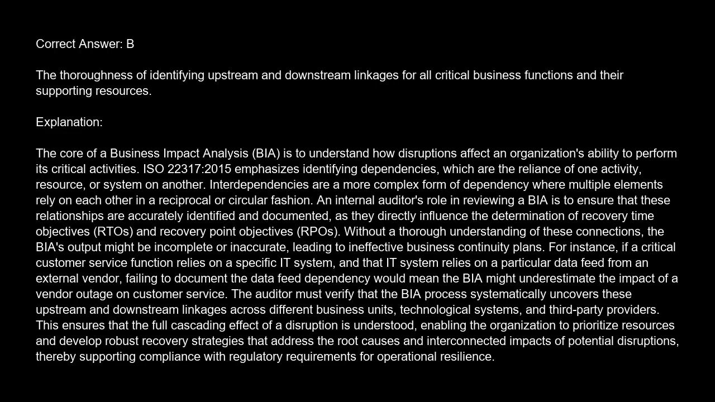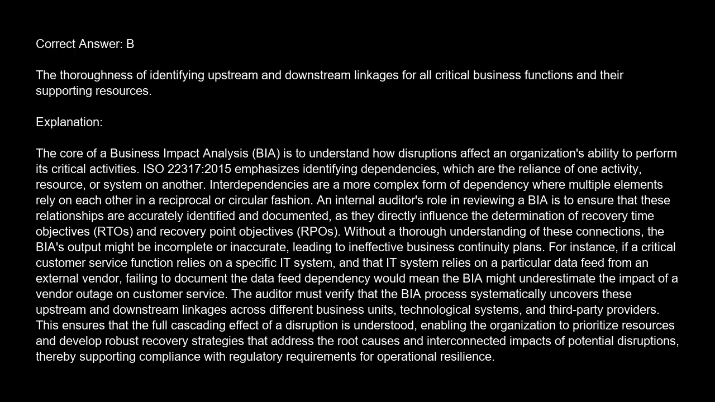The correct answer is B. The thoroughness of identifying upstream and downstream linkages for all critical business functions and their supporting resources. Explanation: the core of a business impact analysis, BIA, is to understand how disruptions affect an organization's ability to perform its critical activities. ISO 22317-2015 emphasizes identifying dependencies, which are the reliance of one activity, resource, or system on another. Interdependencies are a more complex form of dependency where multiple elements rely on each other in a reciprocal or circular